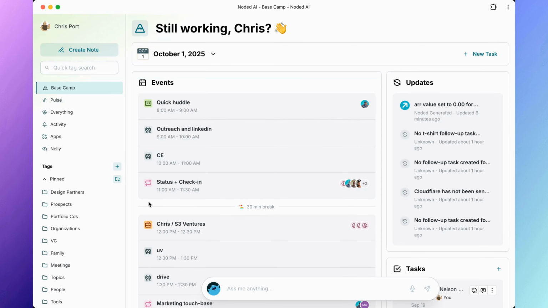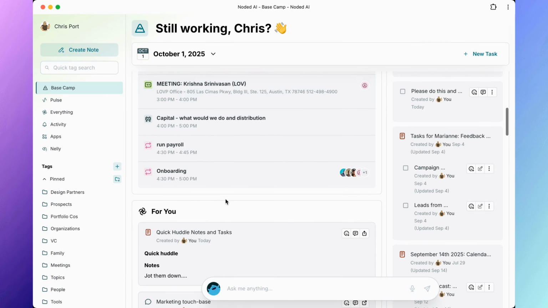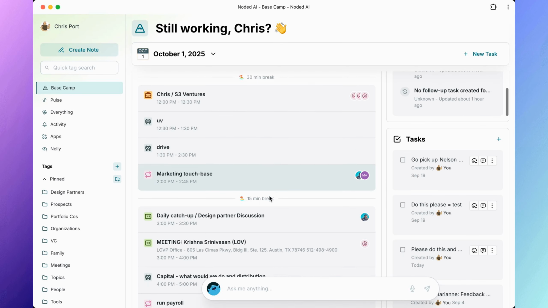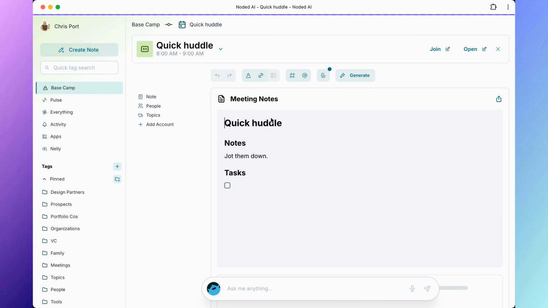Wanted to take a couple of minutes just to quickly ground you on the Noted interface and the navigation of the tool. So when you come into Noted, you land on Basecamp, and provided you've plugged in your calendar, you'll basically see your calendar events for the day laid out for you. Nothing terribly special there, but this one tells me who's in the meeting, and I can just jump in and it immediately creates a note for me